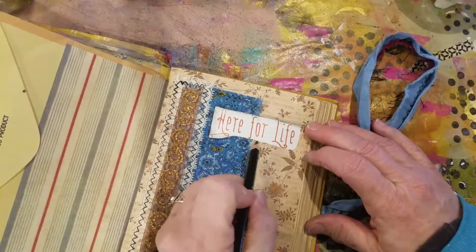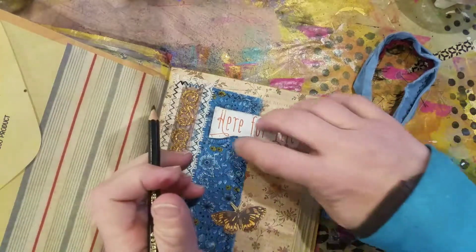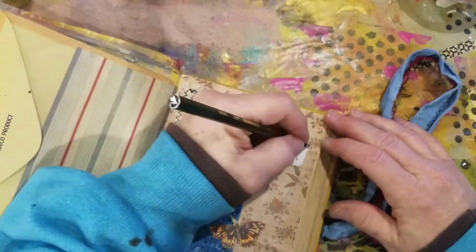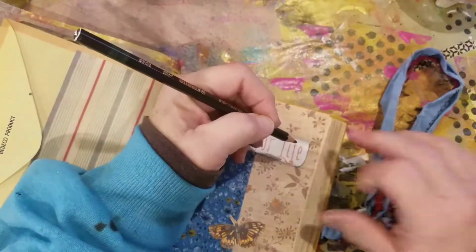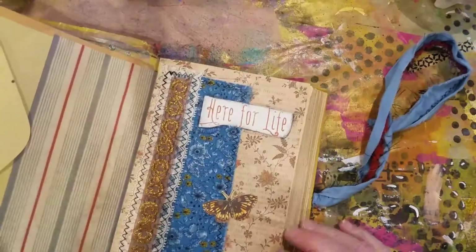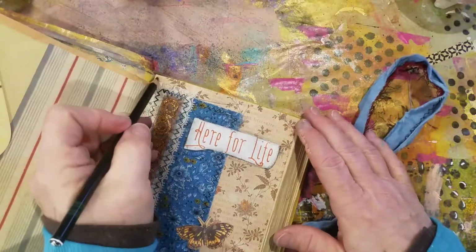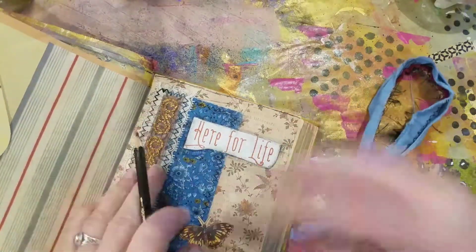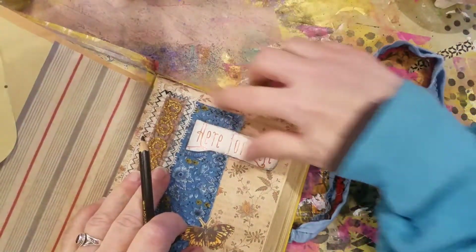I've never stabiloed on material. That little blue strip there is material, but it worked. It says Stabilo all. You know what? What the heck? Let's just go ahead and go around the whole darn page. You can't get too much Stabilo, right? Well, you can, but...